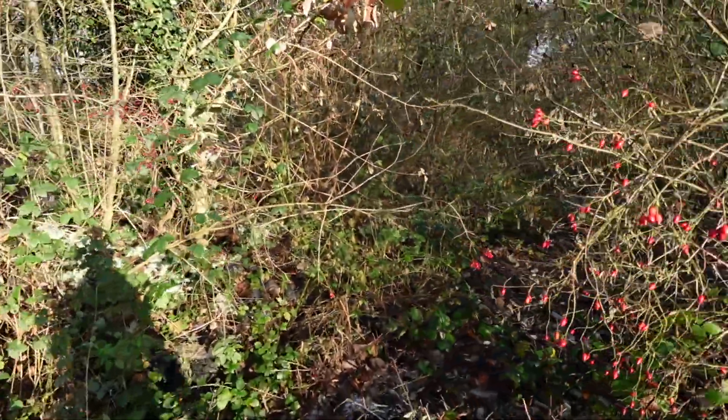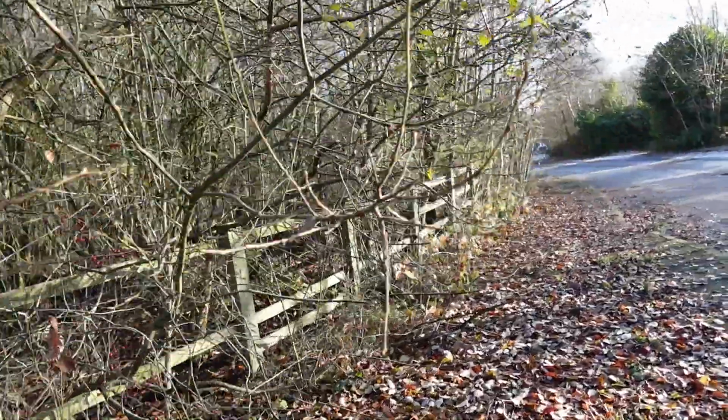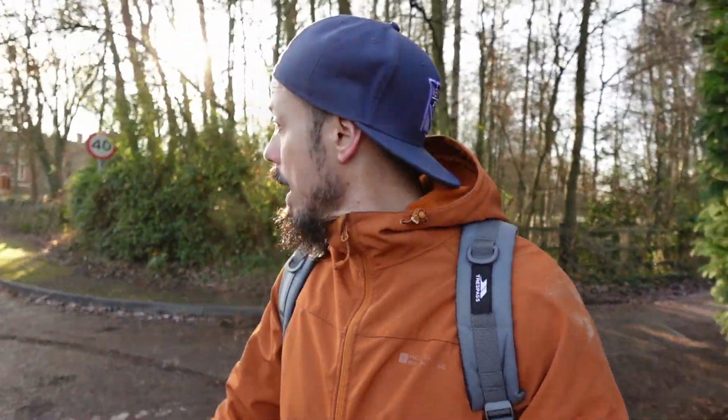Just come back to the old path of the railway now. That is impassable, but I am going to come round because I know there's a path just to the side of it which was also railway because there were sidings here. Okay, so I've come round, there were no remains there whatsoever, it was just a forest. So I'm going to walk up to the site of Denby station because it is still there, but it's a private house, so as always I won't be going too mad on the filming, because, you know, people's privacy. But I didn't want to do the walk to Denby station and then not see Denby station, because that just seems silly. But that's where we can end it